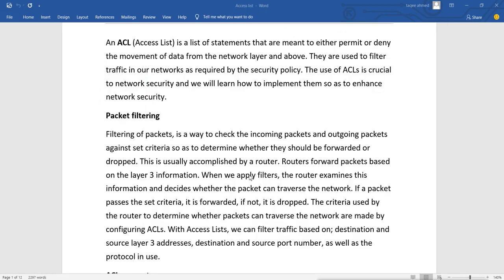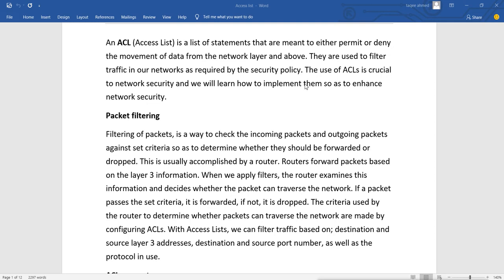Now we will see the ACL, access control list. An ACL, that is an access list, also called an access control list, is a list of statements that are meant to either permit or deny the movement of data from the network layer and above. So it is just a list with multiple statements regarding network traffic, whether we want to permit the traffic or deny it.